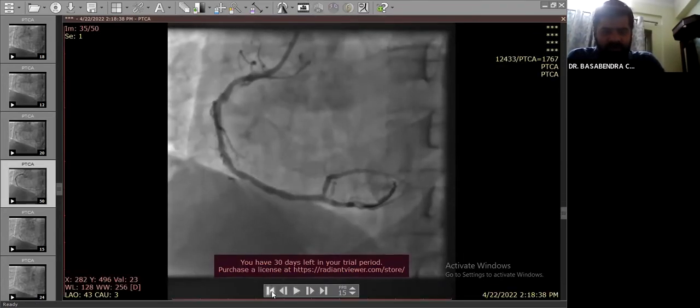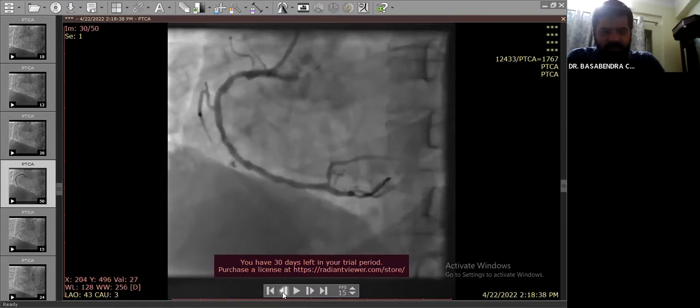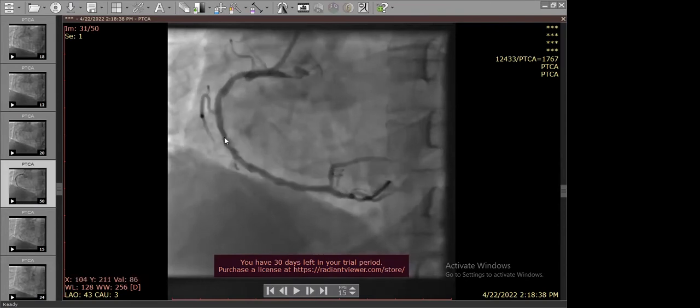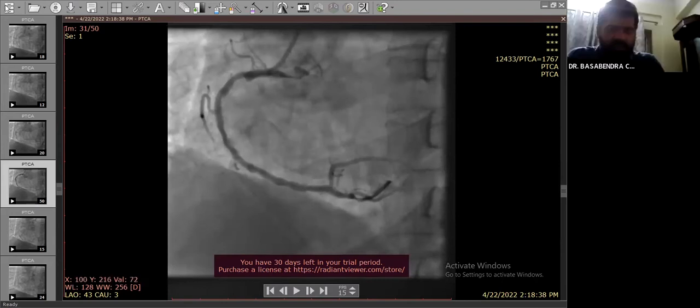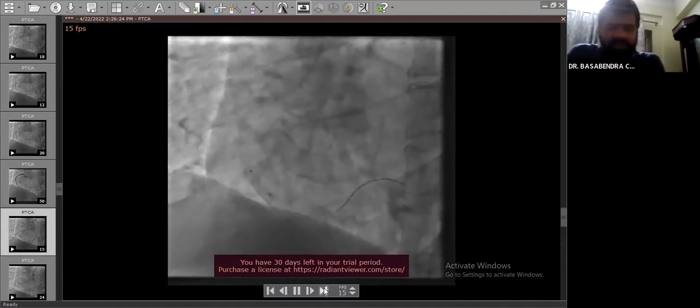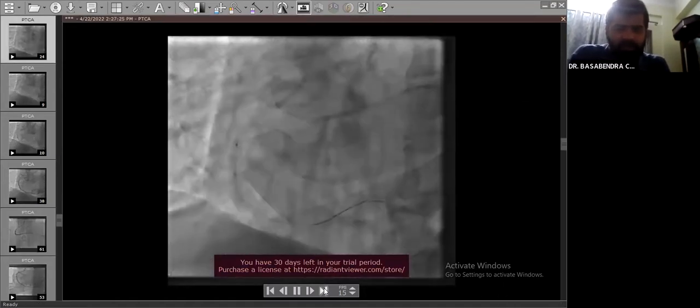After that, this was the picture, a significant improvement. Fair expansion at the distal part, the part which we were concerned about. We then decided to give a 2.75 NC balloon dilatation so that we could achieve fair stent expansion after stent delivery. So a 2.75 into 12 NC balloon was taken, and from the distal to the proximal part, the dilatation was done.